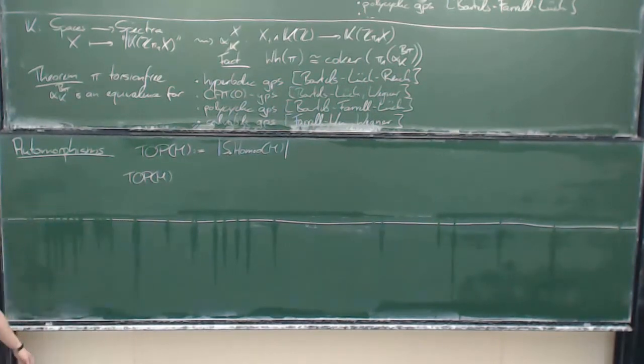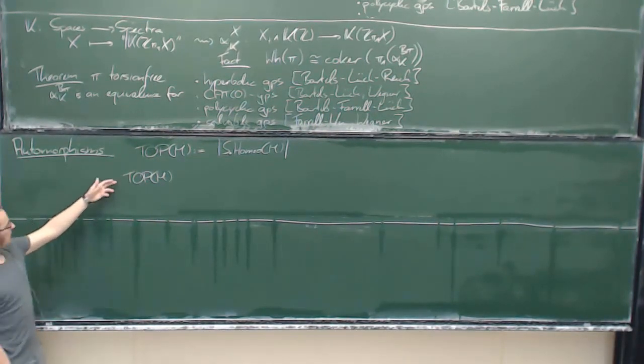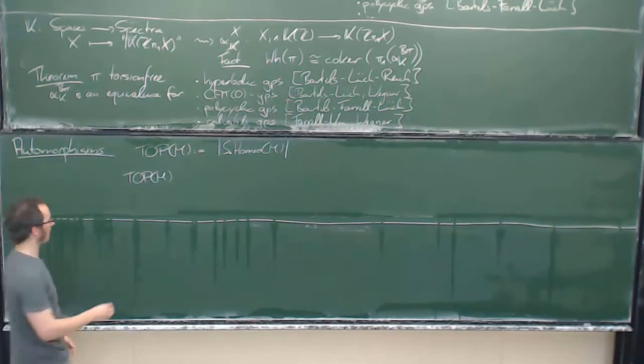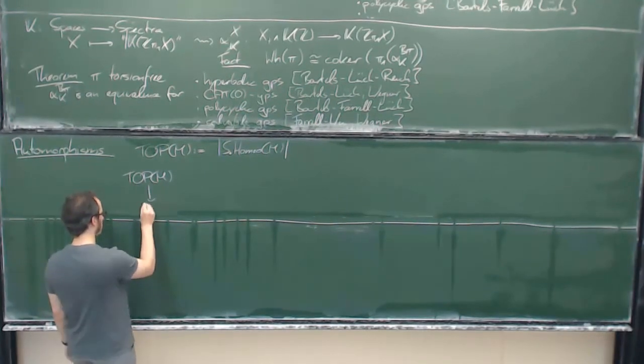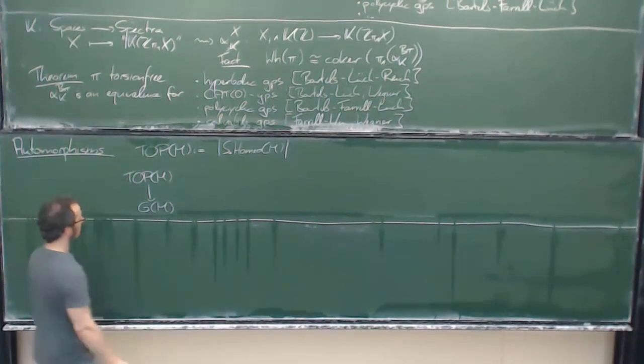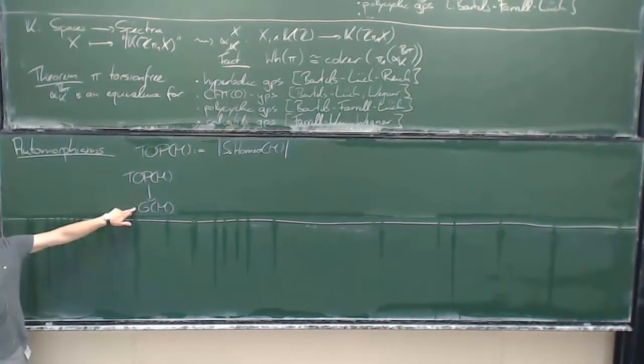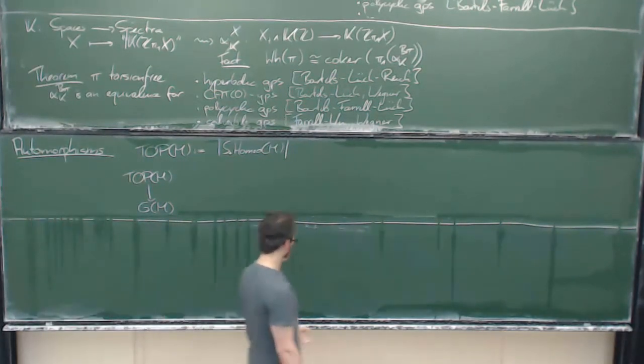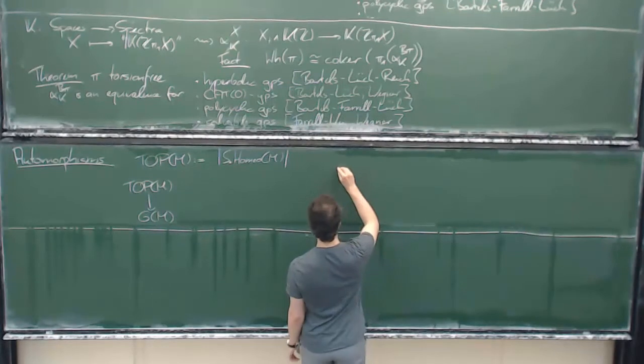And one thing that we can definitely do is we might feel inclined to compare the group of self-homeomorphisms just to the monoid of self-homotopy equivalences, which is maybe something that's more easy to understand. And since any homeomorphism is a homotopy equivalence, we definitely have a map. So by G of M, I will denote the topological monoid, or approximation to the topological monoid of self-homotopy equivalences of M. And now, it is in fact not so difficult to compute that